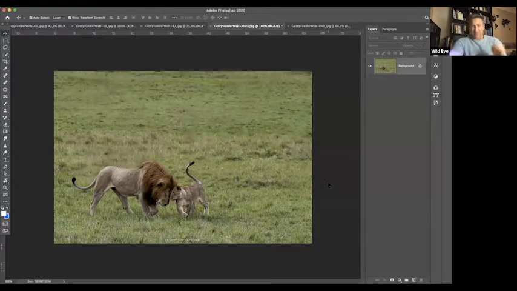What I'll show you as well is the layer function we're going to play with. So on the right-hand side of the top here, you get layers, right? The background layer. And that's why I'm going to start you guys off today and just show you how the layers work and why it is such a powerful tool.